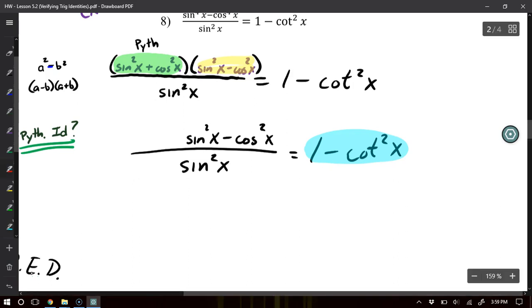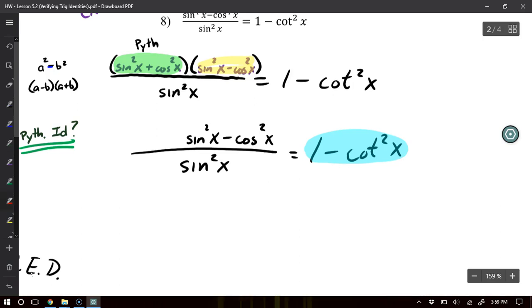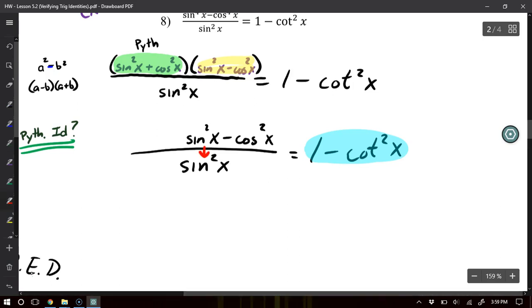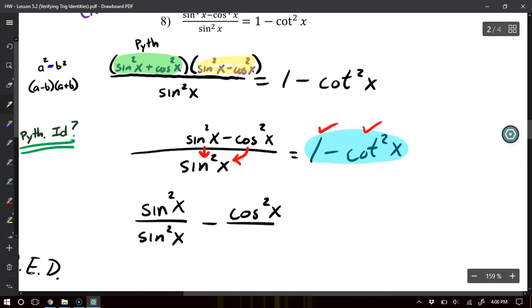But if I take a look at a few things, I can see that if I were to pair these two together, let's put that fraction bar back. If I were to pair these two together, sine squared of x over sine squared of x, I would get that 1. So that's pretty nice. And if I pair these two together, cosine squared of x over sine squared of x, well, cosine of x over sine of x is cotangent. So that's good. So what I'm going to do is split the numerator over the denominator. I'm going to write them as two fractions with the same denominator, unmerge them,